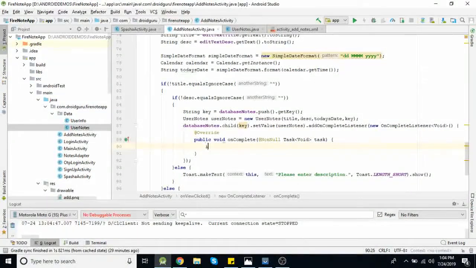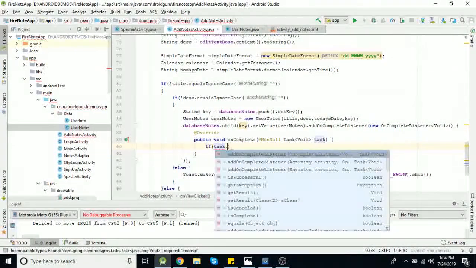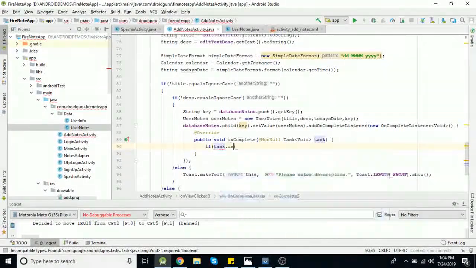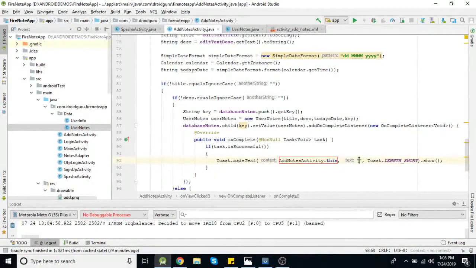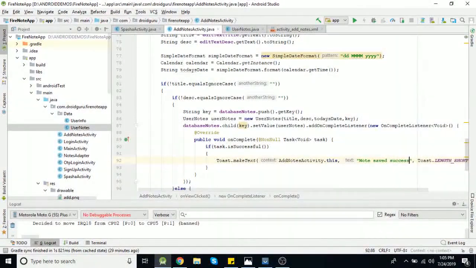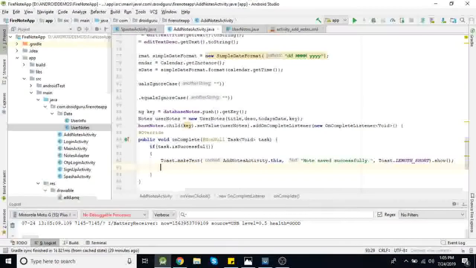We need to check our task status, so is successful. Then we need to show a success message, say node saved successfully, and we need to finish this activity so that it will return to the main activity, where you will get the list of nodes and that plus button. So I am just finishing this activity.